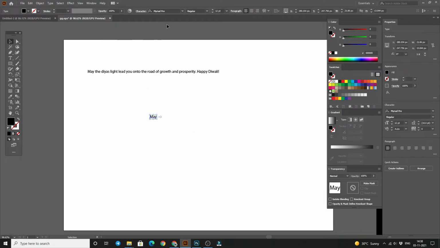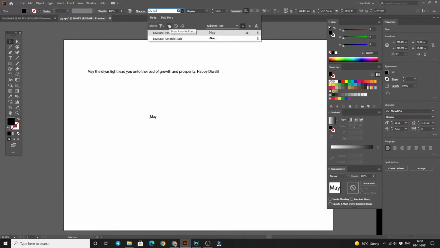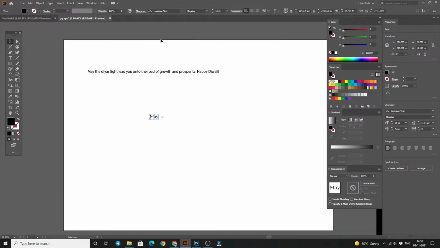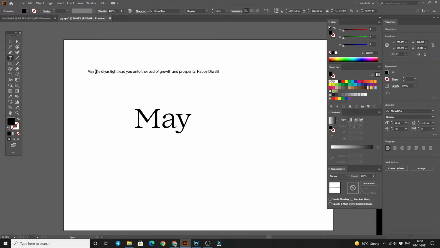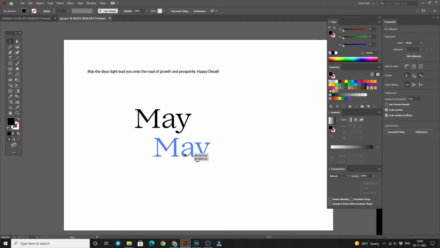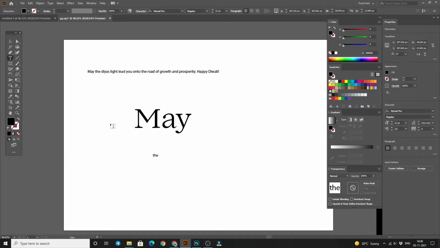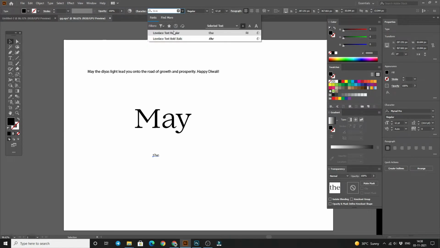Now select the font here. I'm using the Lovelace font like this. I like this font actually. Now select that THE, make a duplicate of May, and paste it. Again choose Lovelace font.